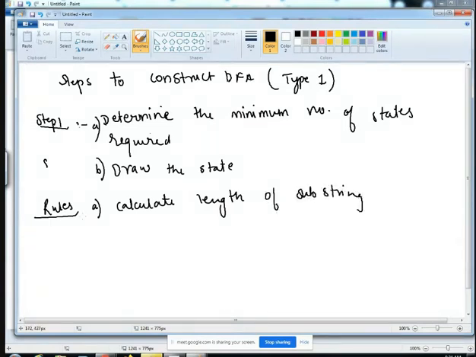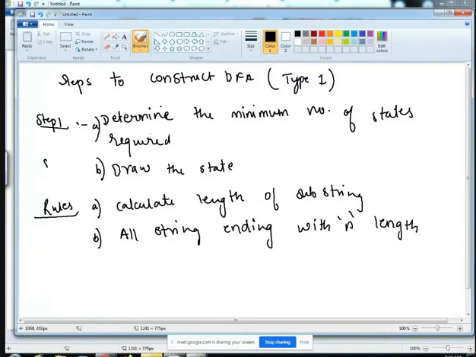Okay. And it also says that for all strings ending with an n length substring, the minimum number of states required will be n plus 1. Very important this is, because we need to calculate the number of states that are required while we are designing.